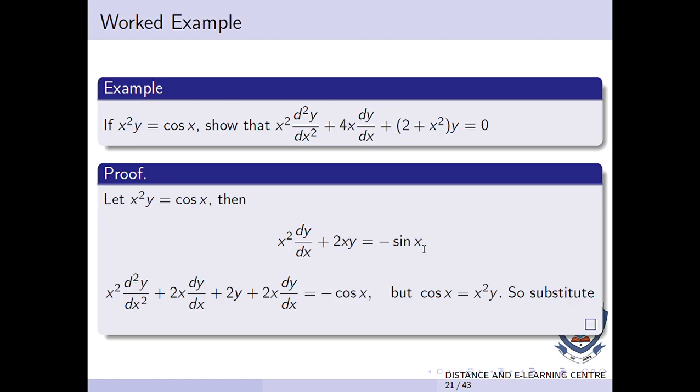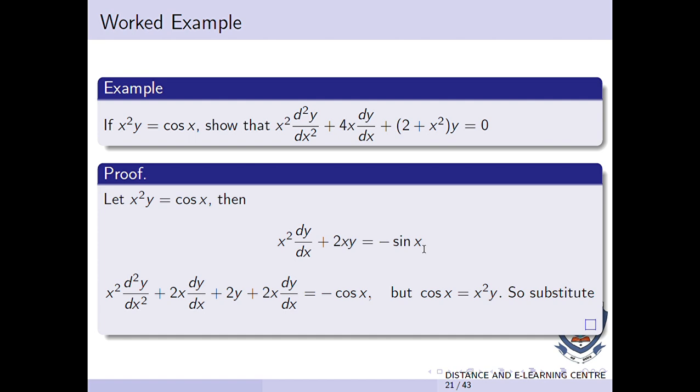Let's look at another worked example. If x squared y is equal to cos x, show that x squared d²y/dx² plus 4x dy/dx plus 2 plus x squared y equal to 0. Proof. Let x squared y equal to cos x,